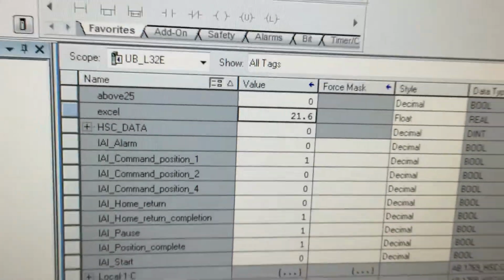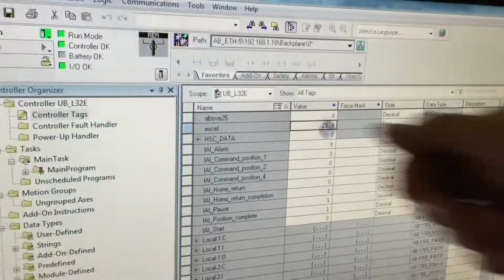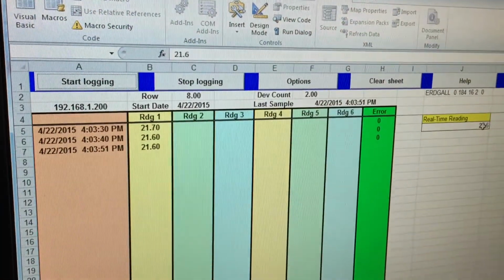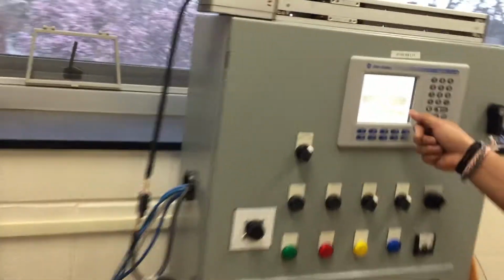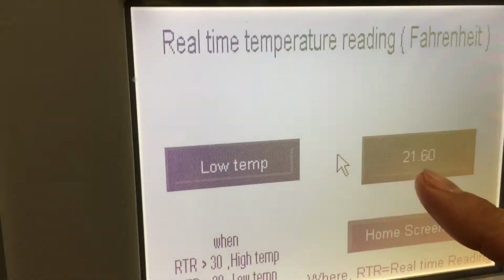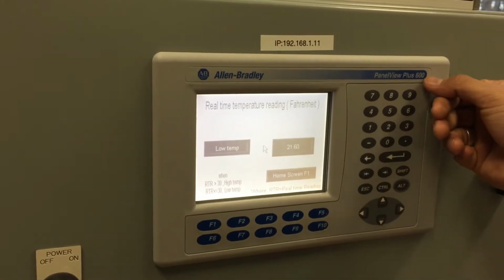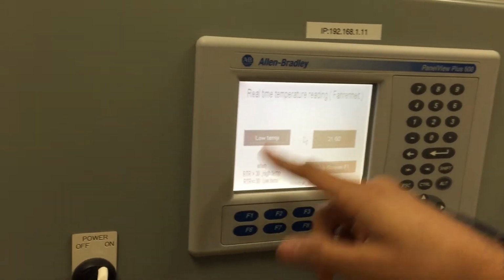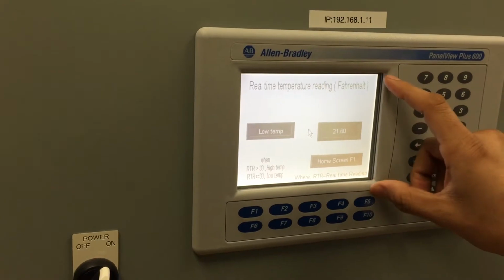So you can see the data reading, that's 21.6 and 21.6, so both are the same. You can also see the reading over here, 21.6. This is the Allen Bradley PanelView Plus 600. It is an HMI, so I created one HMI screen for that.